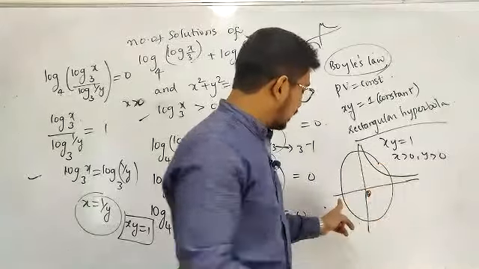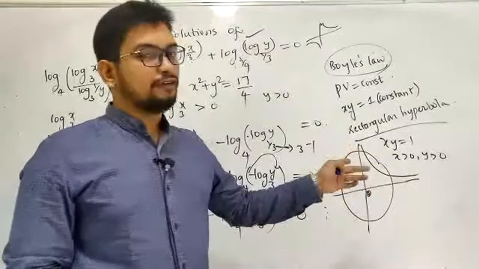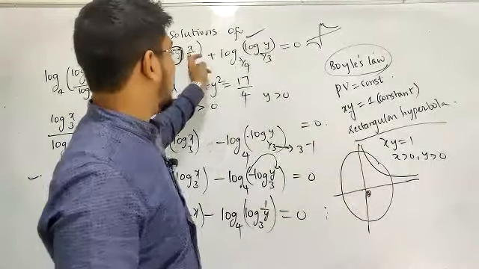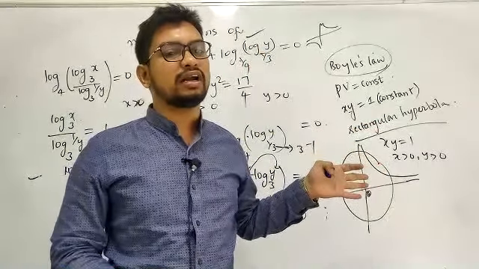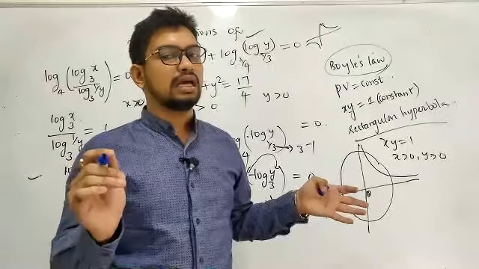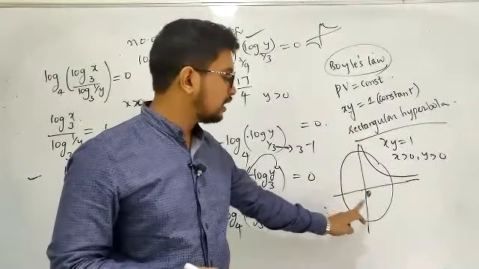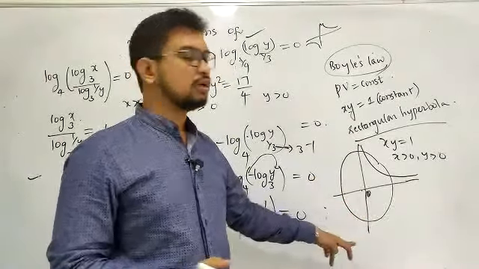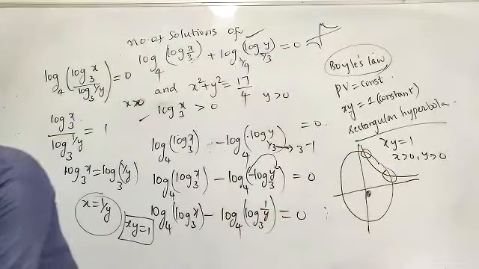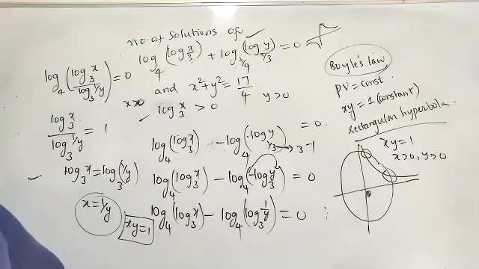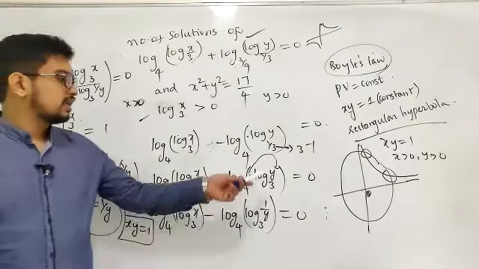One is a circle and this part of the graph. In case you don't get the condition x greater than 0, y greater than 0, if that condition is not valid, then you have to take the other part of the graph also. So the number of solutions will be this part. So the answer has to be 2 for this.